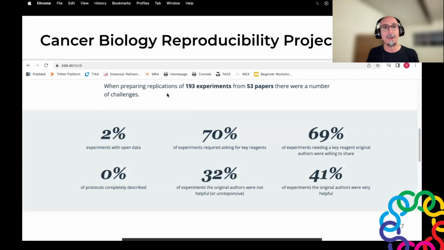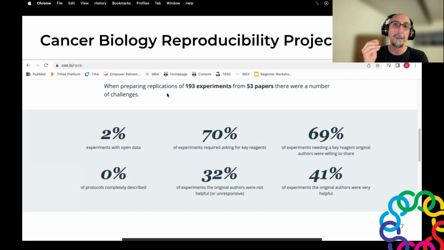As part of the background on why protocols.io was created, we also like to talk about the Cancer Biology Reproducibility Project, which was a $1.5 million initiative coordinated by the Center for Open Science and by Science Exchange, with the goal of trying to independently replicate almost 200 experiments from about 50 high-profile papers on cancer biology.